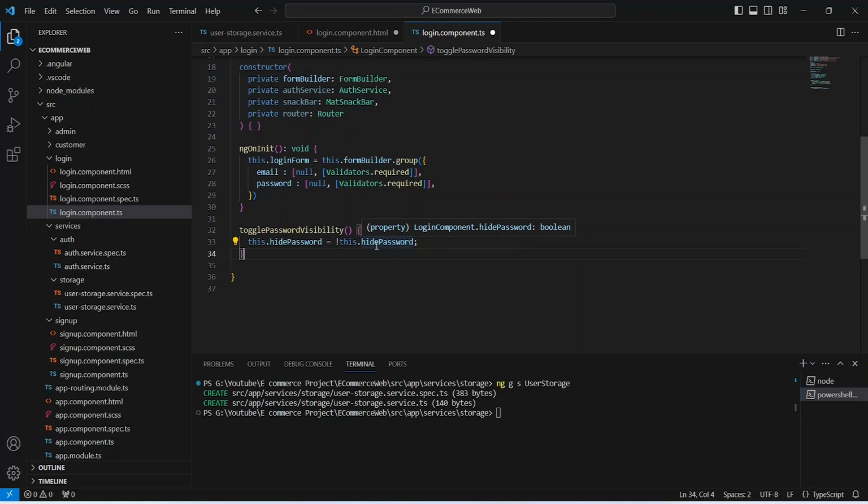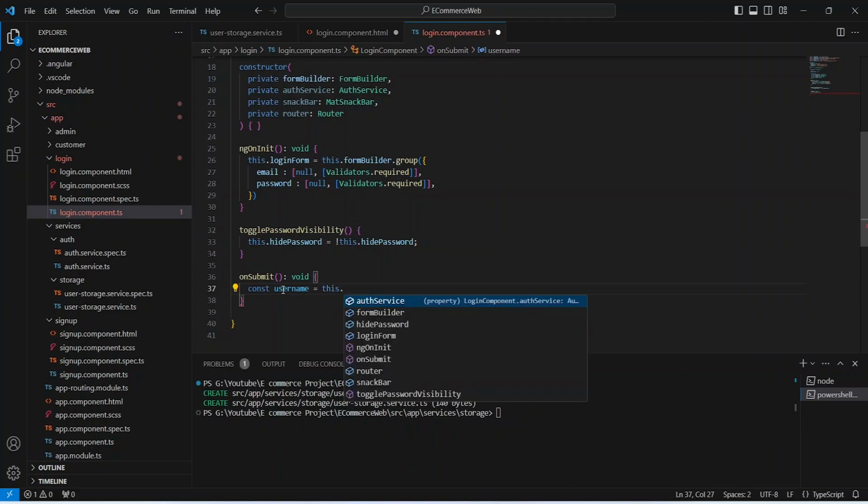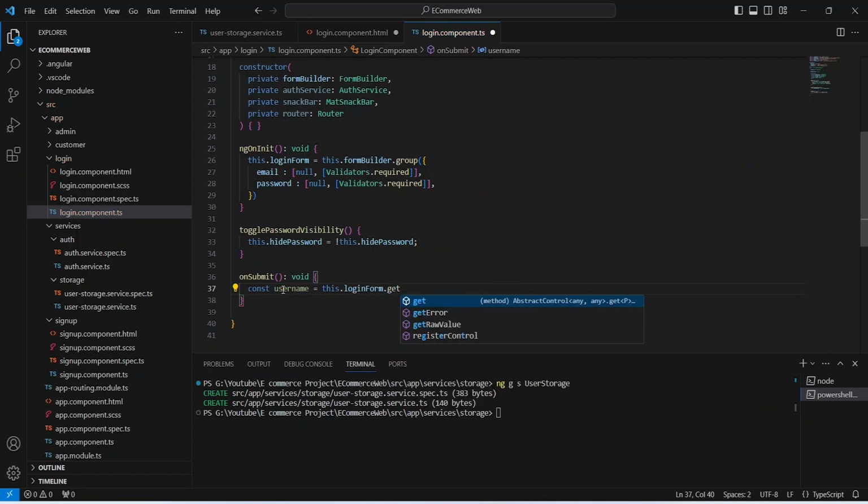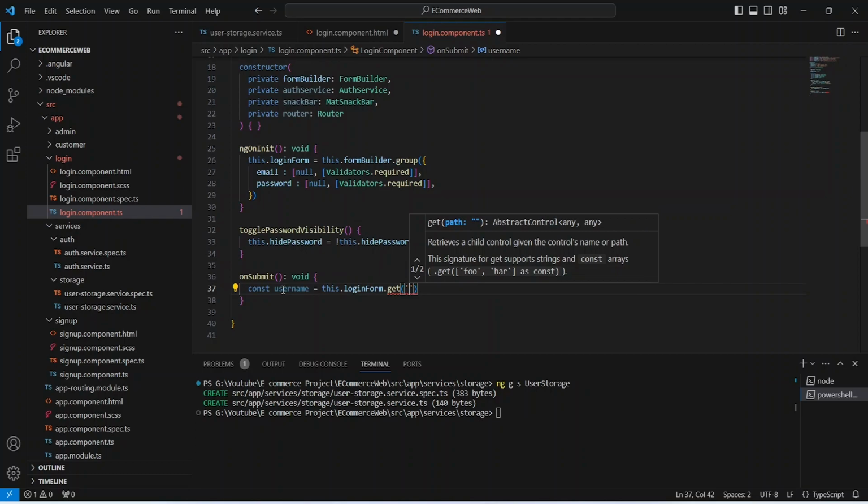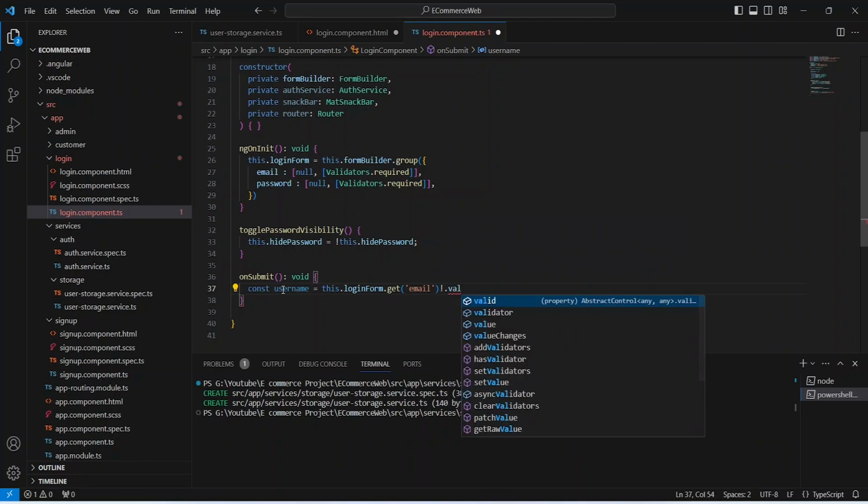So if it is true, we are updating it to false, and if it is false, then we are updating it to true. After this method, let's start writing the onSubmit method, and in this method let's create a constant with the name of username, and now let's get the value from our form. So we can use loginForm.get, and in this get we need to mention the control name. I am mentioning here email because we want to get the value from email,